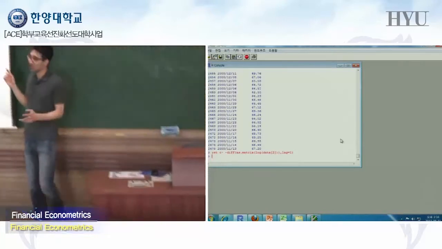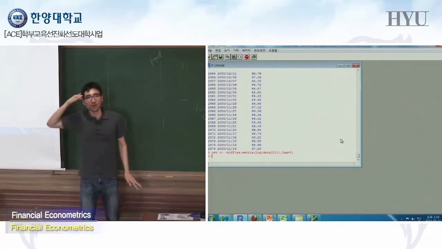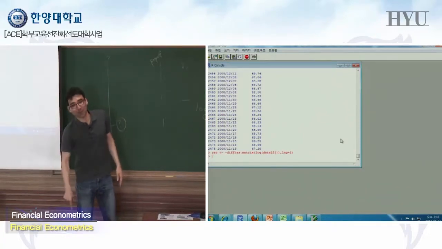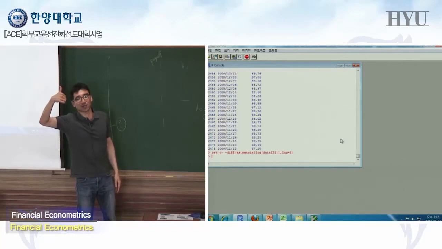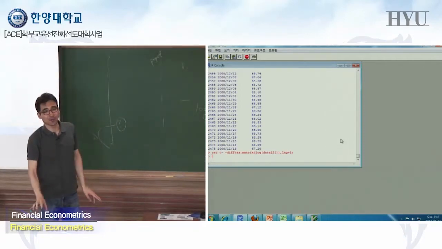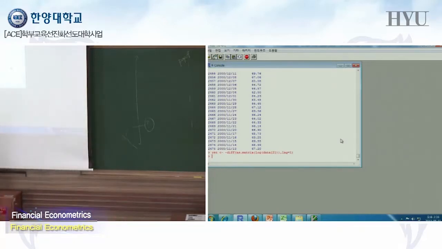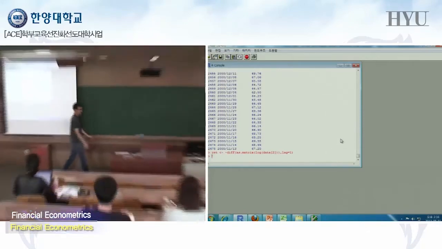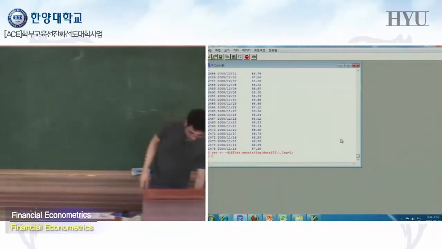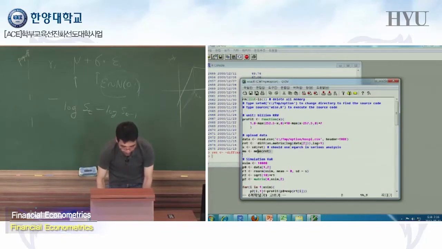But if I use only DIFF, it calculates the other way, because I sorted the data such that the earliest one is at the bottom and the latest one is at the top in our data, right? Usually when people do the analysis, it is by order of the time, but in our data set, it is the inverse of the order of the time. That's why I have to put minus in front of DIFF. In that way, I calculate returns. And then third, I calculate standard deviation and mean.